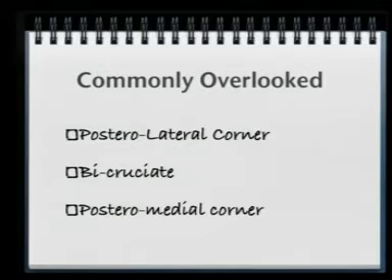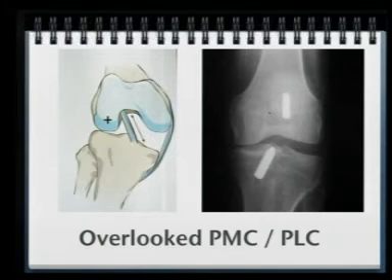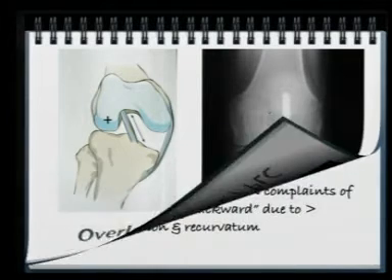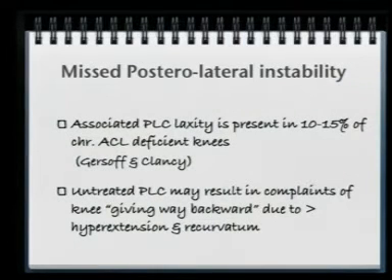And we have found that failed ACLs are very often because of overlooking the posterior cruciate ligament. The posteromedial corner should also not be overlooked. You can have ramp lesions, you can have laxity of the posteromedial corner, which should not be overlooked. So associated PLC laxity is present in almost 10 to 15% of chronic ACL deficient knees, and this needs to